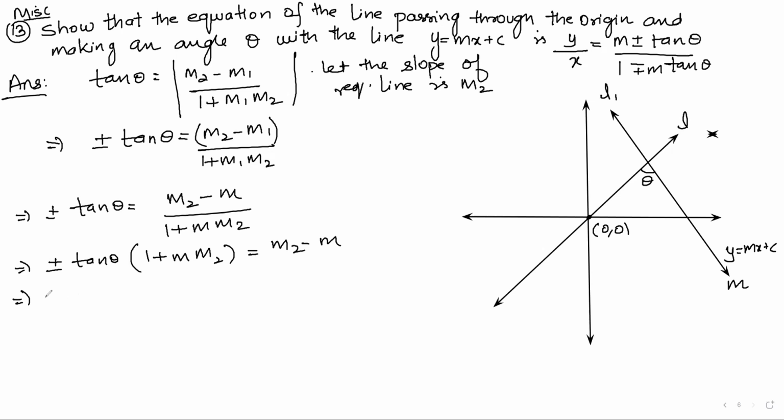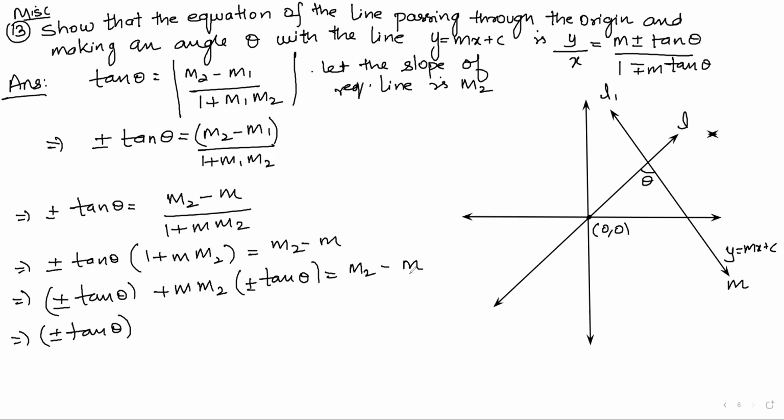So open this bracket, plus minus tan theta into 1 plus m into m2 plus minus tan theta. This is equal to m2 minus m. So keep this plus minus tan theta over here,